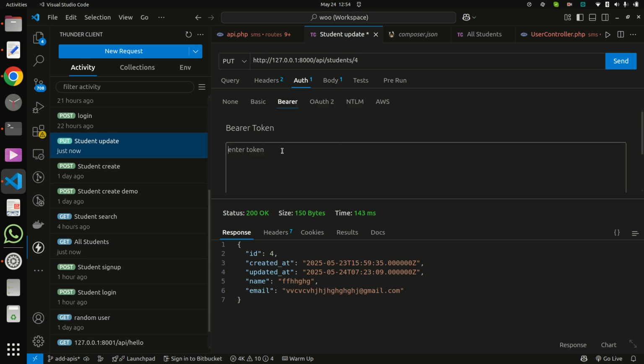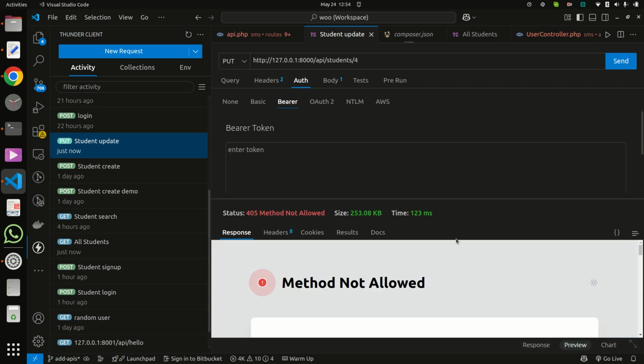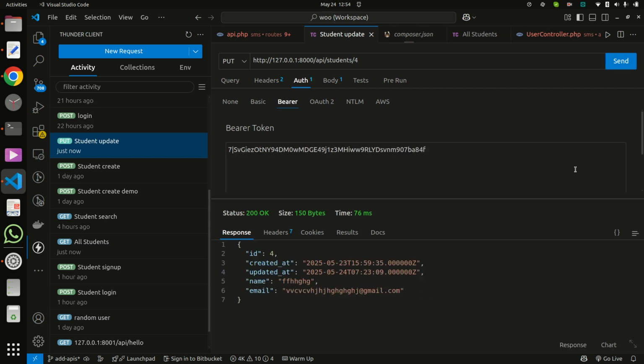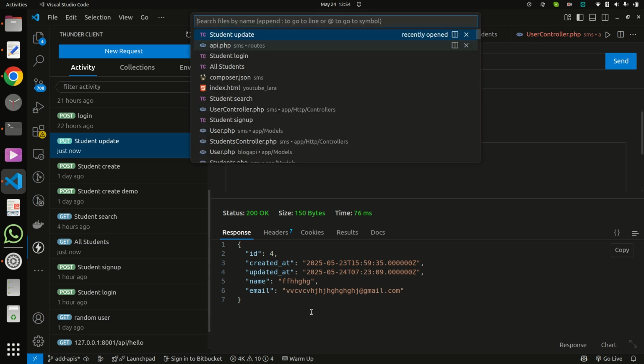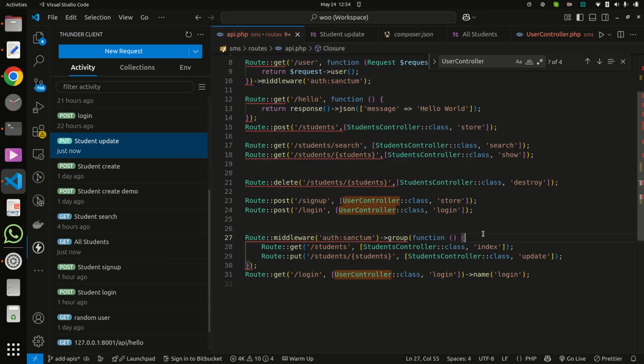If we do not use auth, then it is giving 405, and if we are using auth, then it is working. So via this you can understand we can group multiple routes for auth:sanctum or for any middleware.